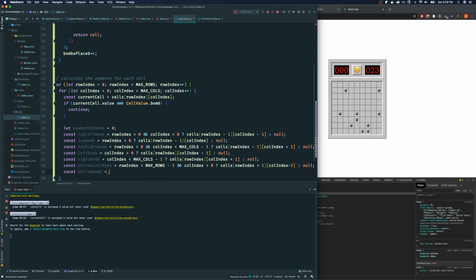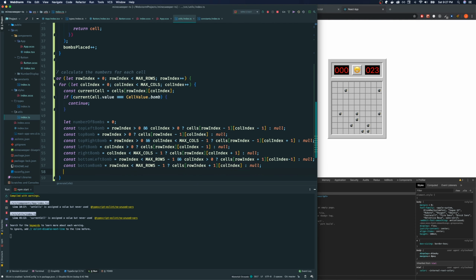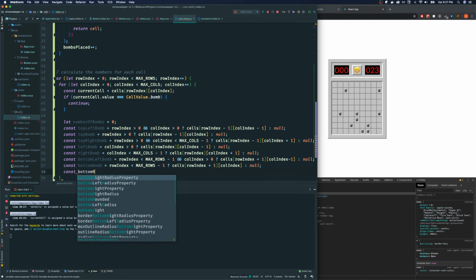Bottom BOM is, let's see, what are the conditions? Row index must be less than max rows - 1. Spelled row index wrong. And that's it. As long as it's not in the bottom row, we're fine. Then cells at row index + 1, col index, or no. Const bottom right